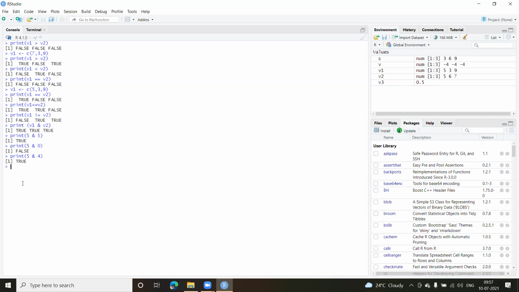That is not the case with the OR operator. If you look at the OR operator, print into round bracket, I'll use the same example like 5, and the OR comes with a pipe sign like this, and I give 5 here. So true, because both are true. True or true will be true. Print 5 or 0. Now what should be the output here, guys? It needs either one of them to be true. So this will be true because 5 is true.